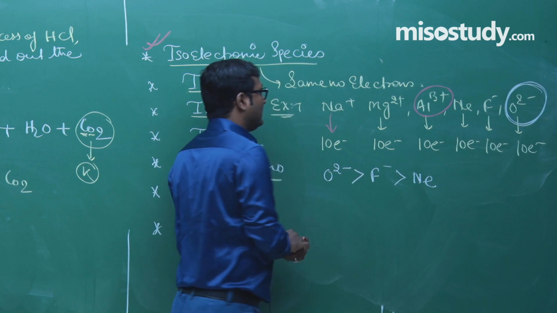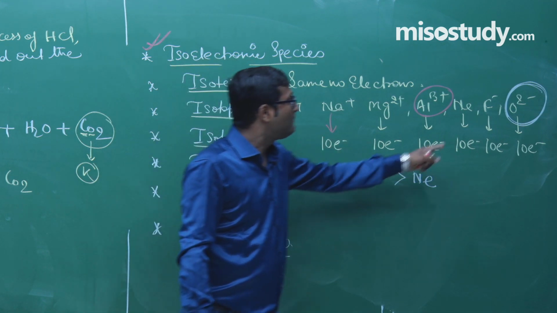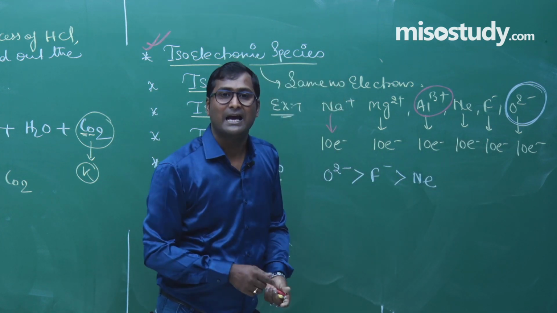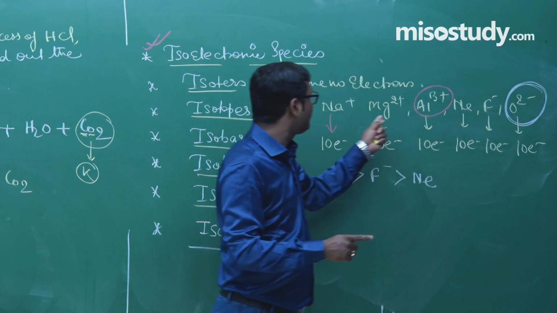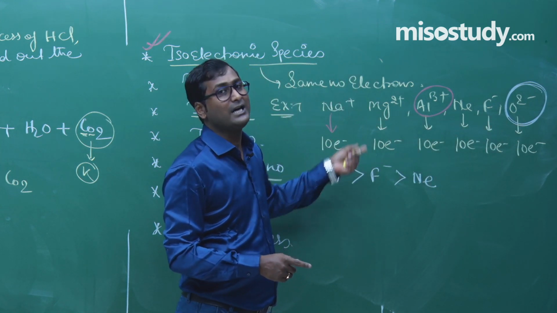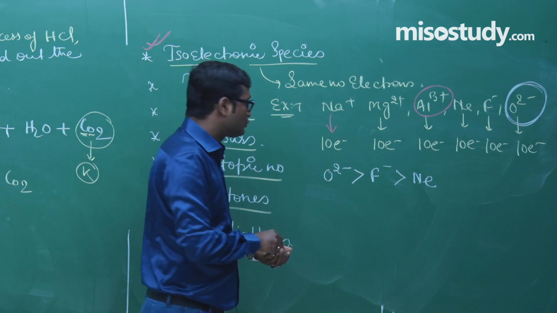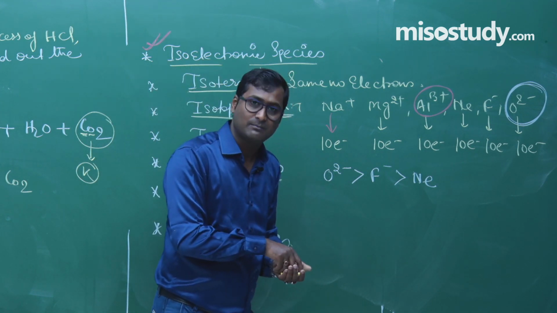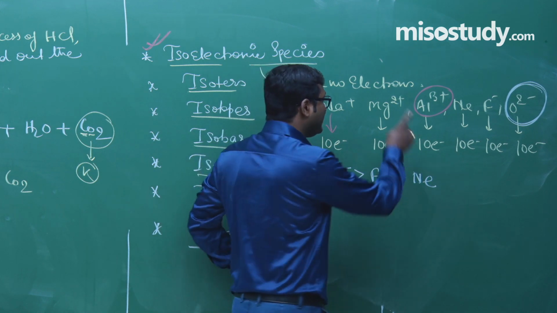This is the technique. Plus is known as cationic radius, and minus is known as, my friend, anionic radius. Minus will have more size in comparison to the plus one, in comparison to the cation. Maximum number of negative charge, maximum is the size. So O2 minus will have maximum size, then there comes F minus, then there comes neutral molecule, then comes, tell